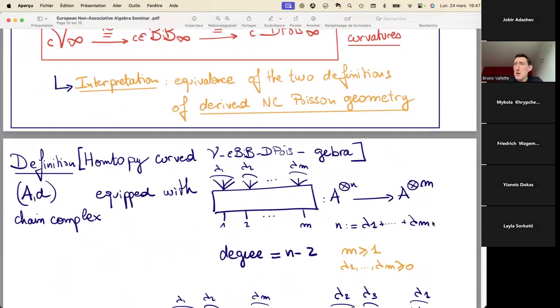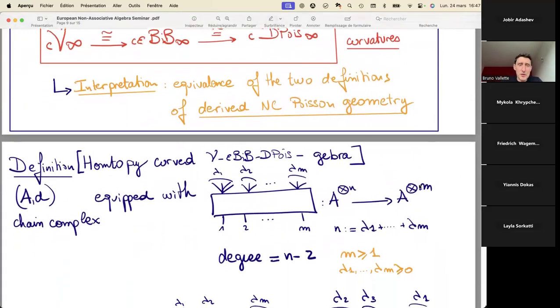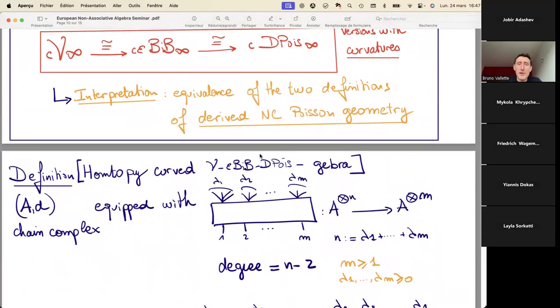So now, in the last 10, 15 minutes, maybe you want to know more about the shape of the operations, the higher operations that appear. So what is a homotopy double Poisson algebra, or homotopy infinitesimal bialgebra? What's that? Well,